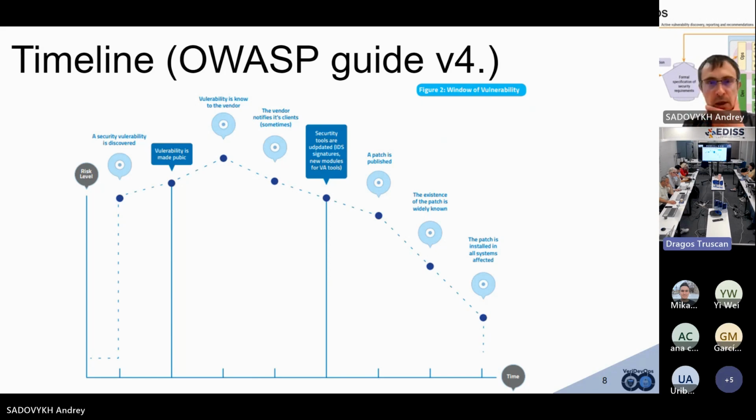Because of various reasons. But there is actually a need to shorten this period, make these updates and fixes more available. And so this requires a lot of efforts, both from the research side and also from the software producer side. Okay,